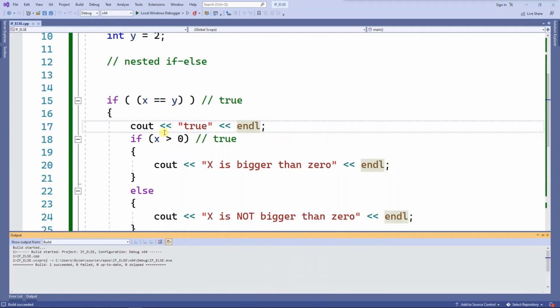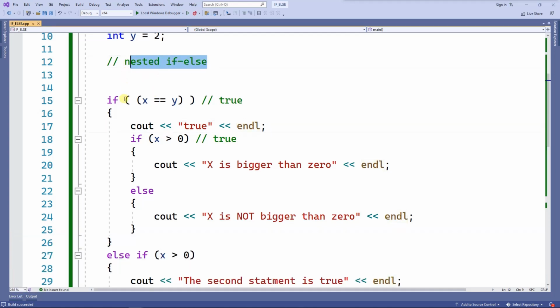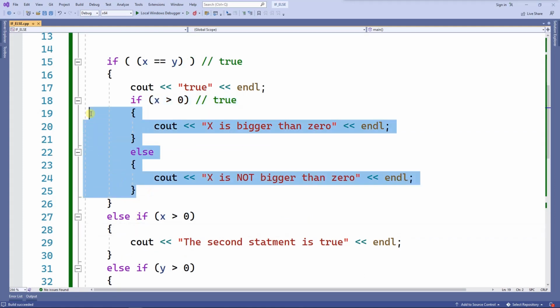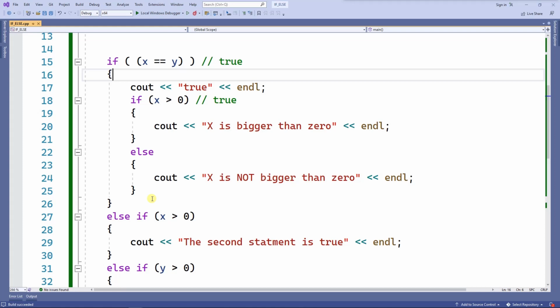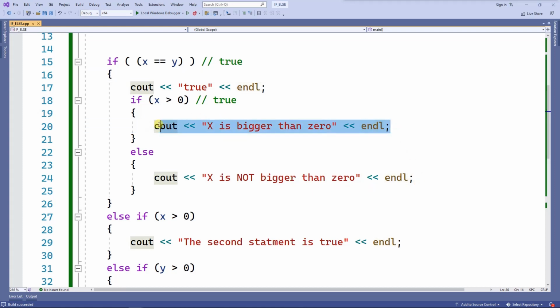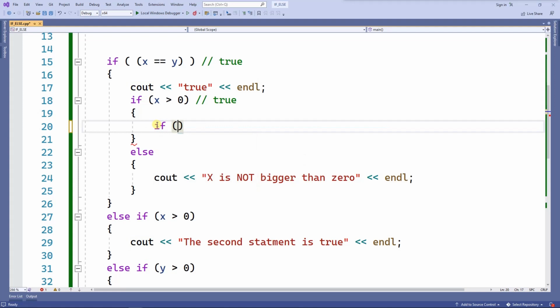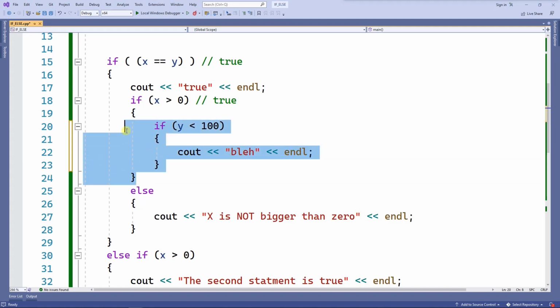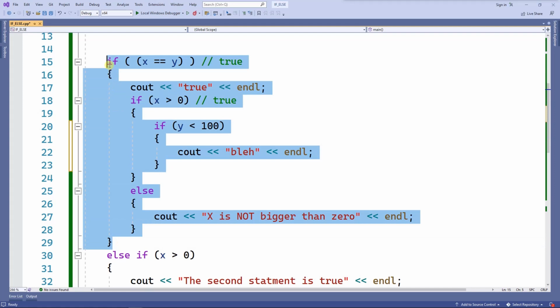So the nested if else says you can have an if else inside the if else, but you must complete the entire thing. You cannot start here and end somewhere else here. So this if else must be completed, and the whole thing must be inside one body of code. And you can keep on going forever here. You can also have another if else statement here. So you can totally have this, totally legal. That's an if inside an if inside an if. So you can make this as